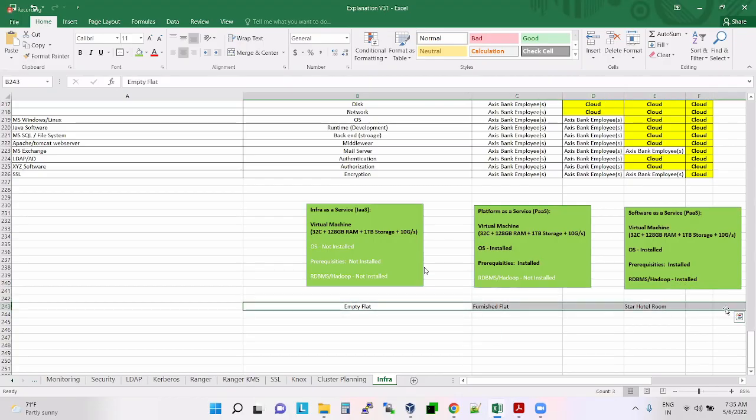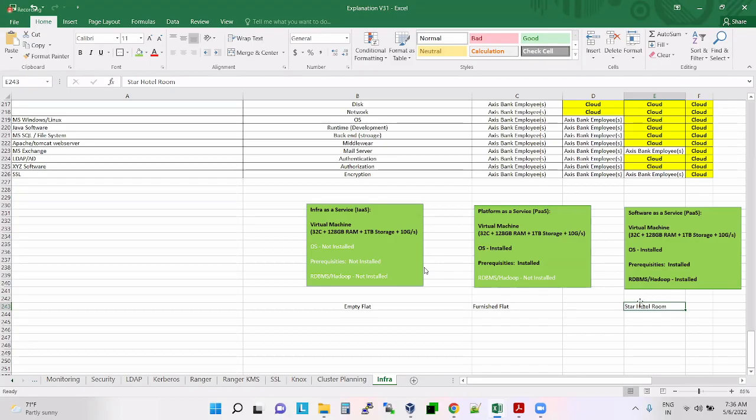Suppose your company is paying money for your stay. Let's say you are coming to Bangalore for our company's work, and they are paying everything. Where will you stay, in an empty flat or a hotel? Hotel, sir. Why? Sir, I need not see the cost.